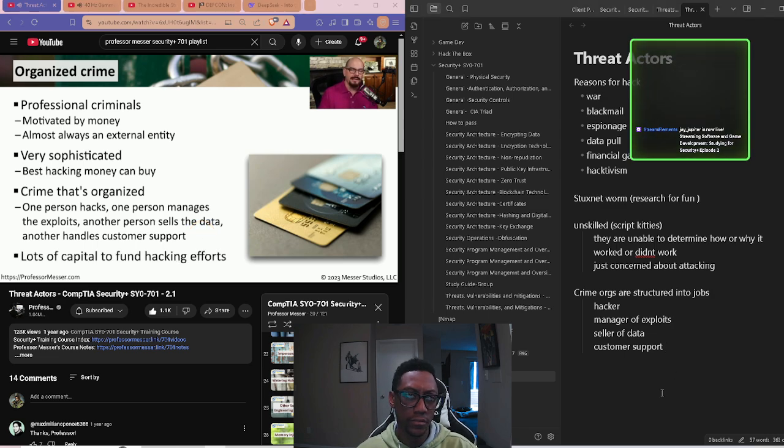It's difficult to fight an attacker that has this much money available, and they're going to find many different ways to try to gain access to your data.